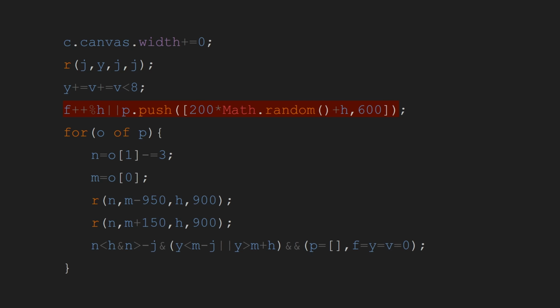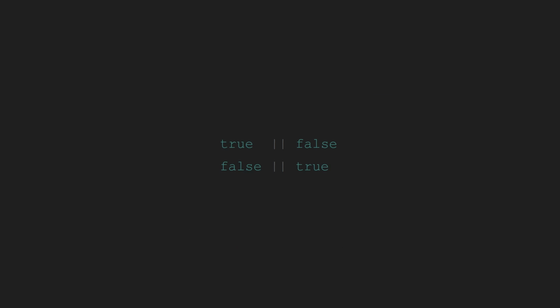However, as we can see here, there's no if statement. So how does this funky little thing work? Well, this little operation works because these two expressions, which may seem similar, are evaluated completely differently. The first expression will evaluate the first part, see that it's true, and not even consider the second part. However, the second expression will calculate the first part, see that it's false, and then calculate the second part and